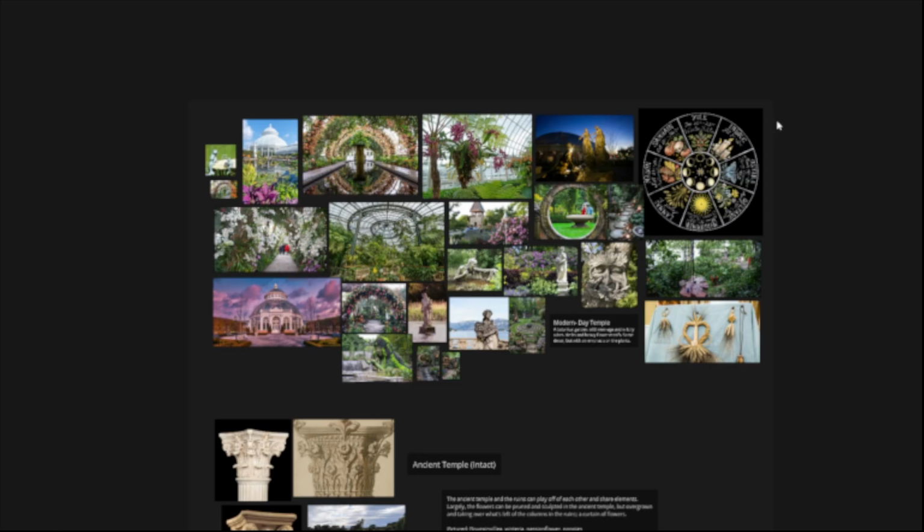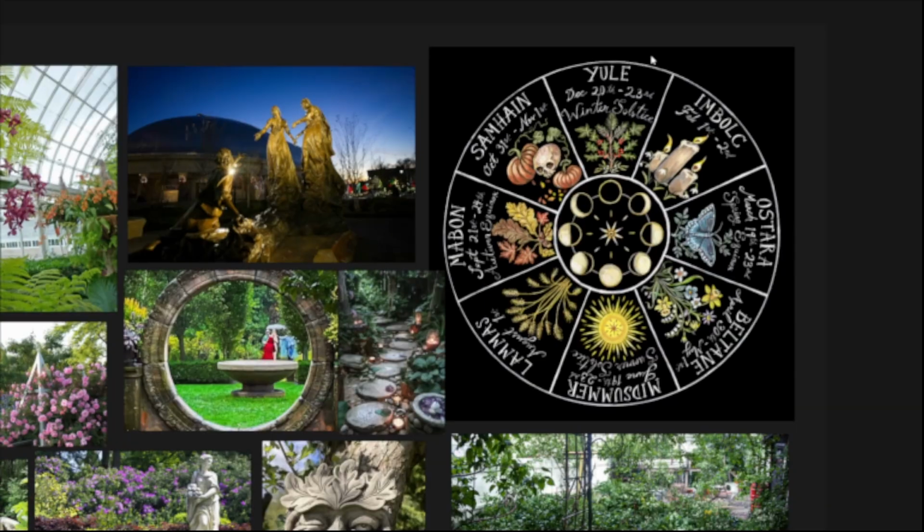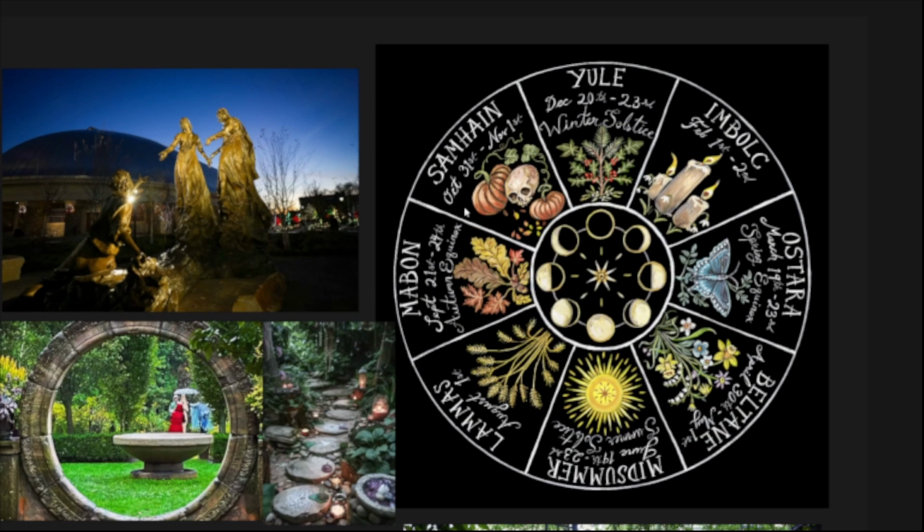But I also wanted to do something that has the Wheel of the Year and New Age pagan things intertwined with it, because Demeter's story is largely based on the seasons. We have 6 months of famine and darkness because of when Persephone is in the underworld.